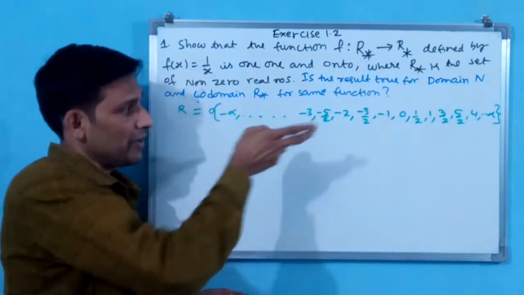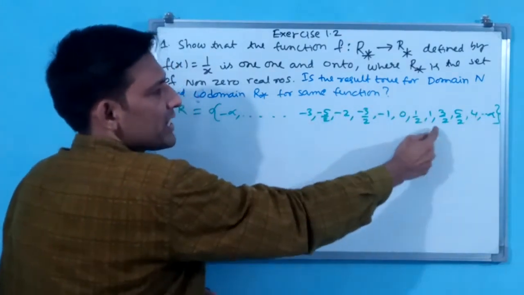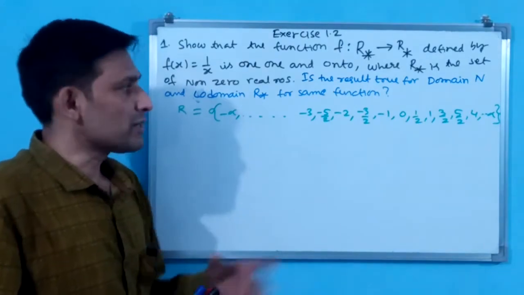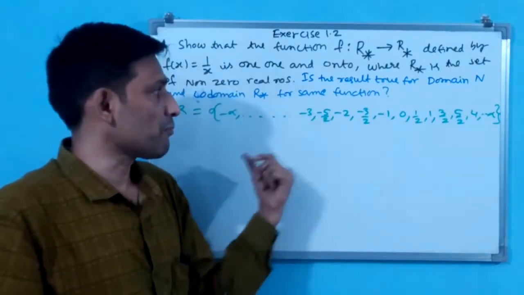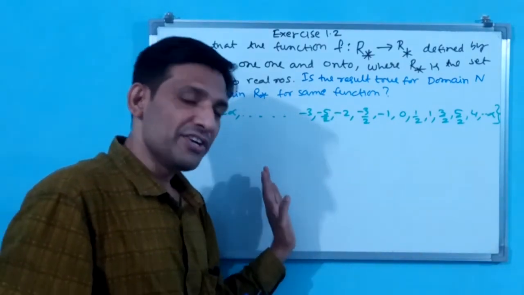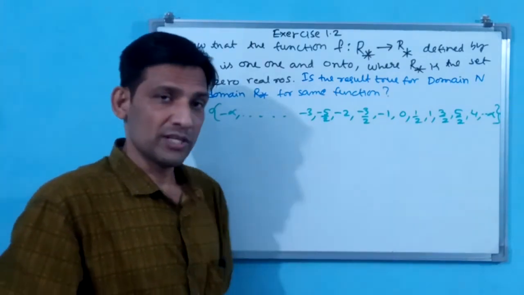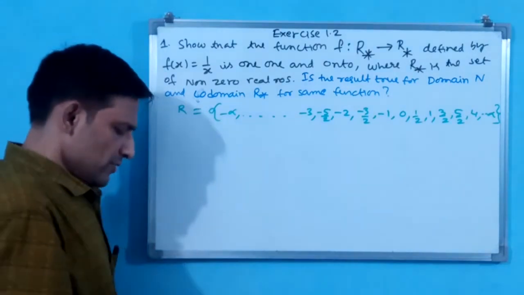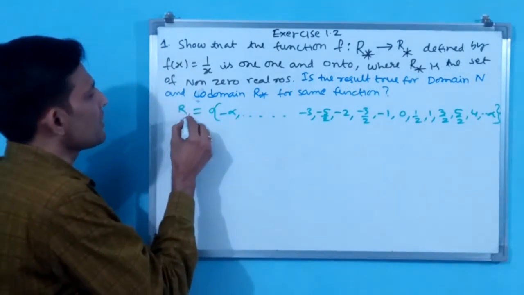That means rational numbers will also be there, natural numbers will also be there, and integers will also be there. Natural number means only positive will come, like 1, 2, 3. Integers means positive and negative both numbers will come, but rational means ratios, quotients also will come. This is the real numbers. What I do is, rather than putting this R, I am putting R star.